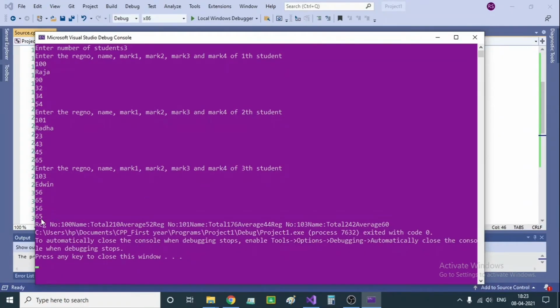So what happened is that it has taken all the inputs and then it calculated the results and presenting it as a register number, roll number, and so on. Yeah, it is showing the result for all the 3 students, and you can see that the result is not well formed. We can actually format it better and present it in a better way.